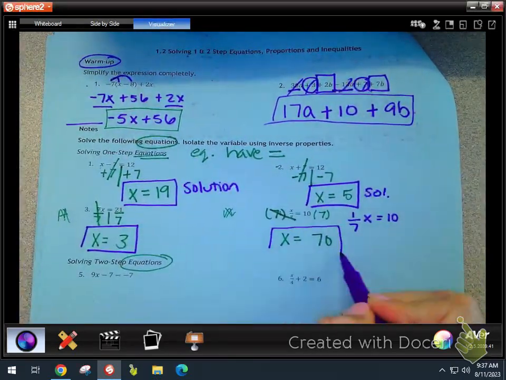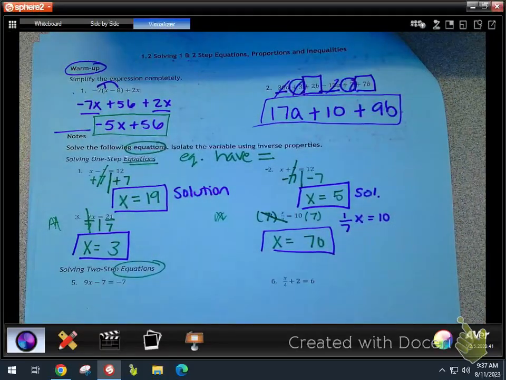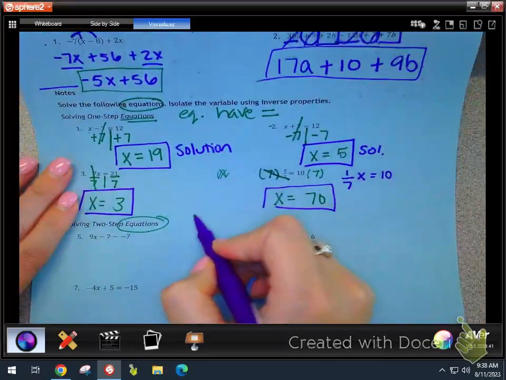Okay, so these were just baby steps. To be honest, you're not going to see a question that's just a one-stepper like that on the test. It's all going to be multi-steps. So let's get into two-step equations. What makes multi-step equations a little bit trickier is you have to make sure you're doing the correct order. So when we simplify,